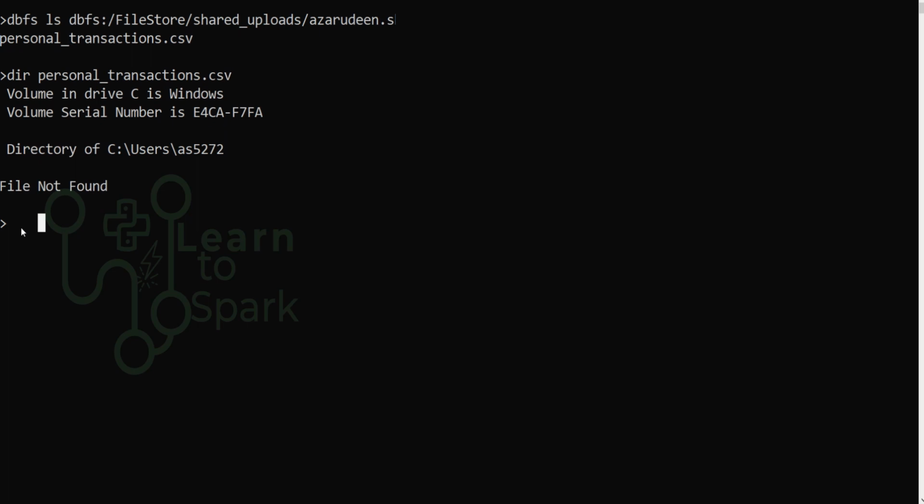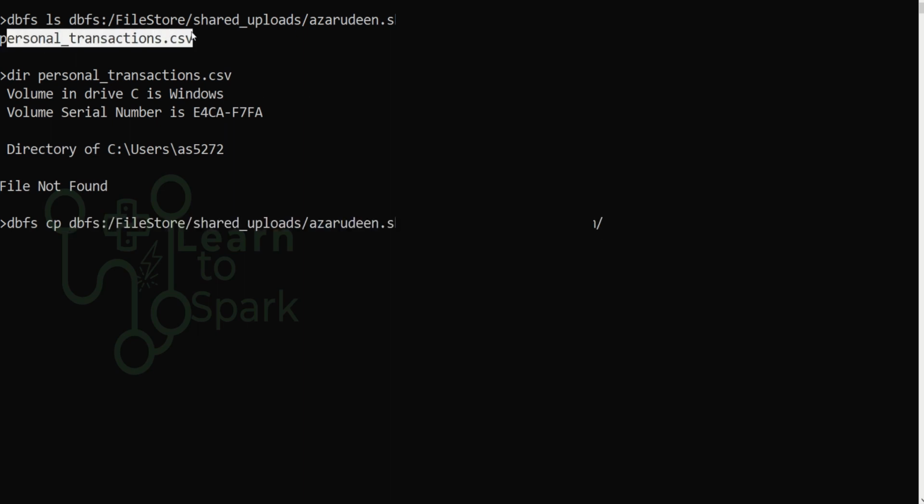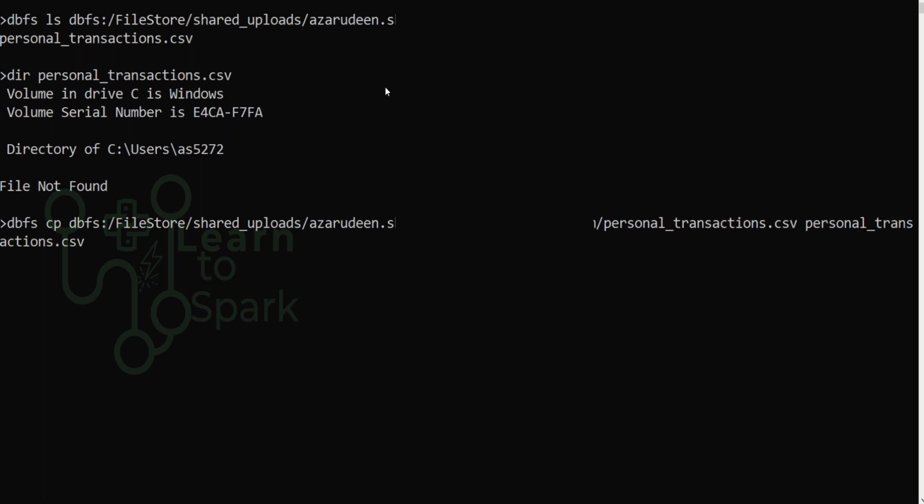Now let me run dbfs cp, the file path slash the file name, and then the local path to which the output has to be copied. I am giving the same name. It will copy it to the home path itself. So let me run this command.